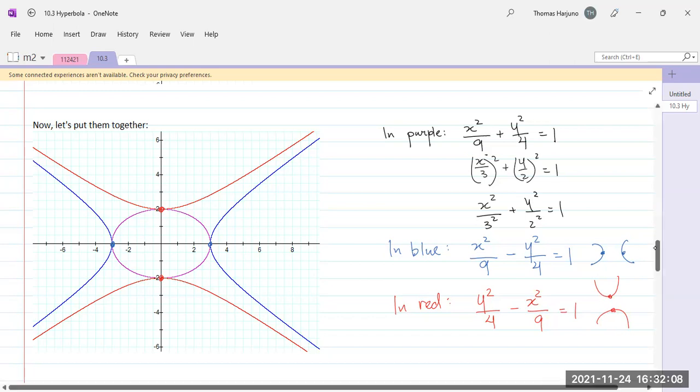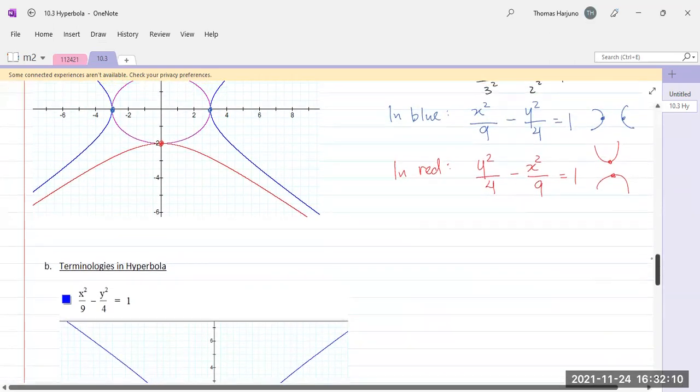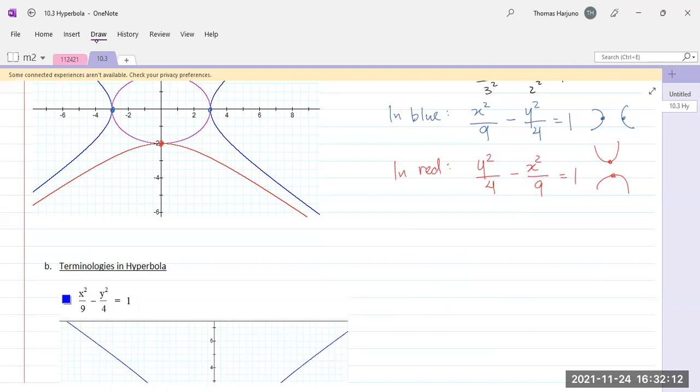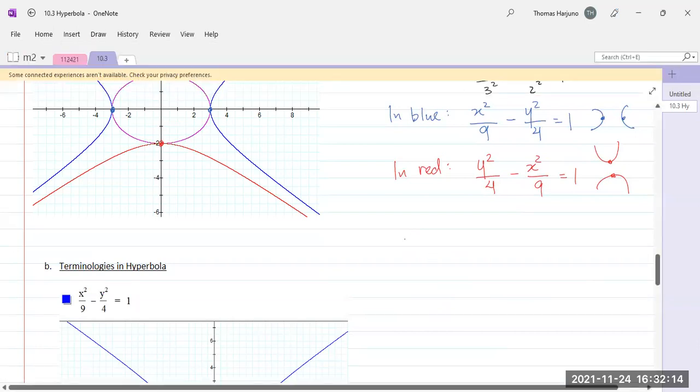So let's practice a little bit. Suppose, for example, just a small example, I have x squared minus y squared equals 1. Because it starts with x squared, you know it will open left and right. Okay, where are the vertices? To find out, you can think of